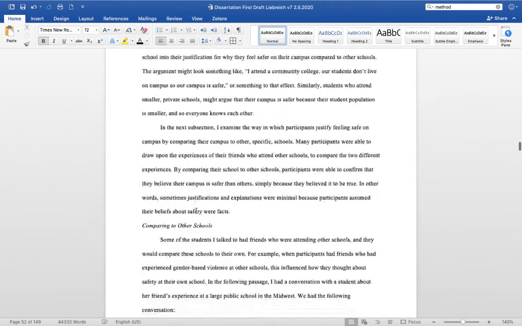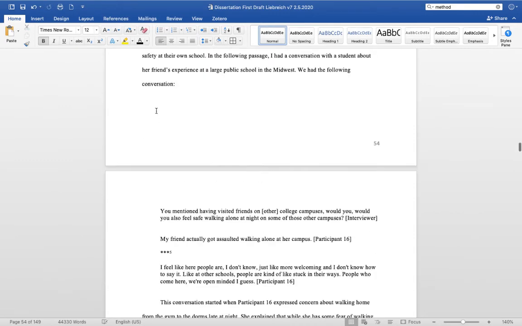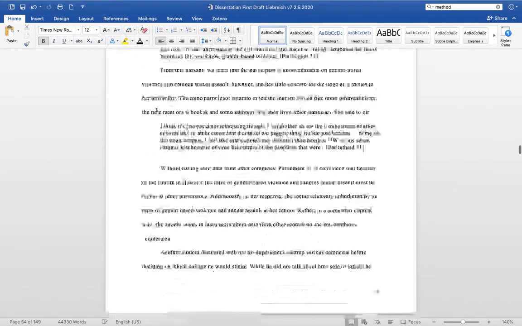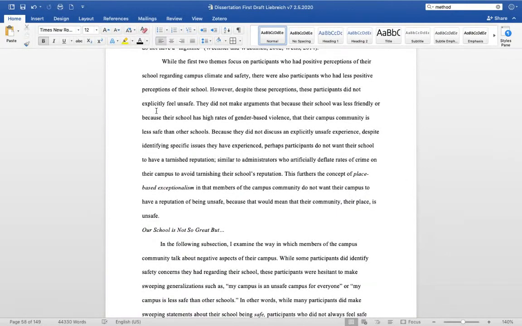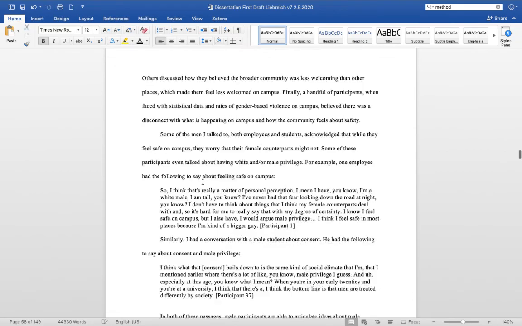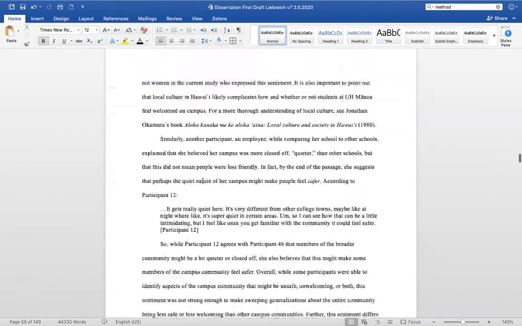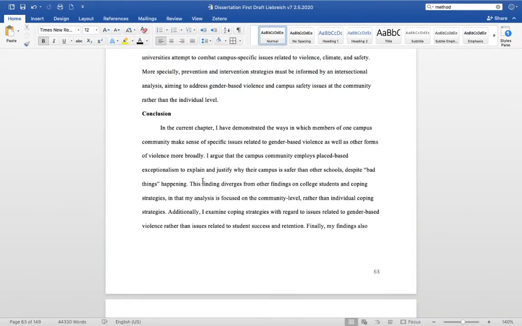And then the next subsection in my findings section is comparing to other schools. So that's my second subsection in my findings. And then the third section, and again, I'm scrolling through so you can get a feel for how often I include the data. And the third subsection in my findings is our school is not so great, but... Again, just scrolling so you can see how things are kind of included or organized in my paper. And then you end with the